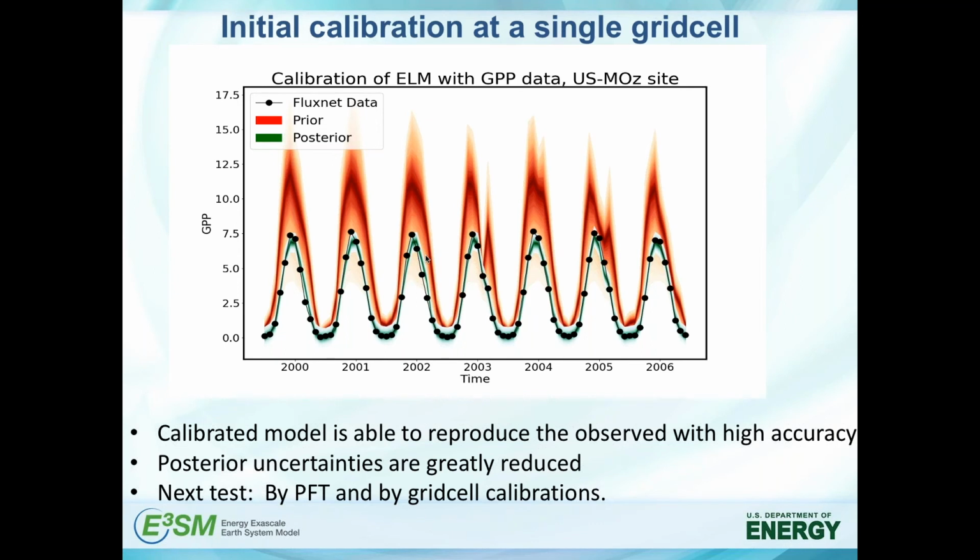And since we have this, we can apply this surrogate model anywhere. We want to try calibrating many grid cells, and we can do that either for all 3,000 grid cells, or we can aggregate by region or by plant functional type to try to get posterior parameter probability density functions that are regionally relevant. But I think one interesting point will be doing this grid cell by grid cell to look at the spatial distributions of these posterior parameters.